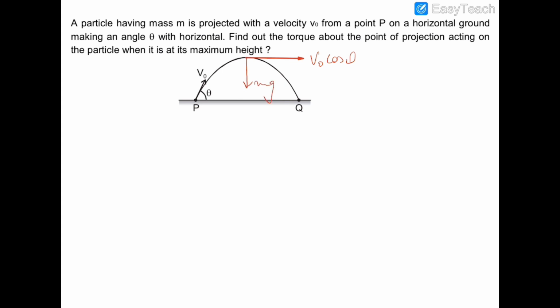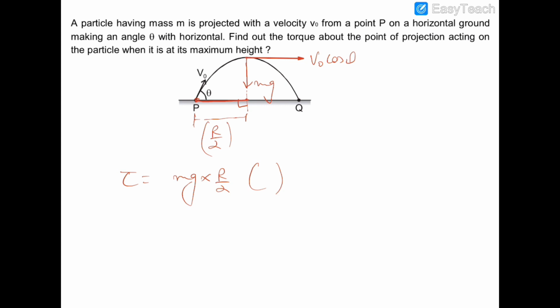Now we have to find out the torque of this mg about point P. So let us draw the line of action of mg, and let us draw the perpendicular from P. So the perpendicular from P on mg would be this one, and this distance is R by 2, which is half of the range. So the torque of this mg about point P will be mg into R by 2,